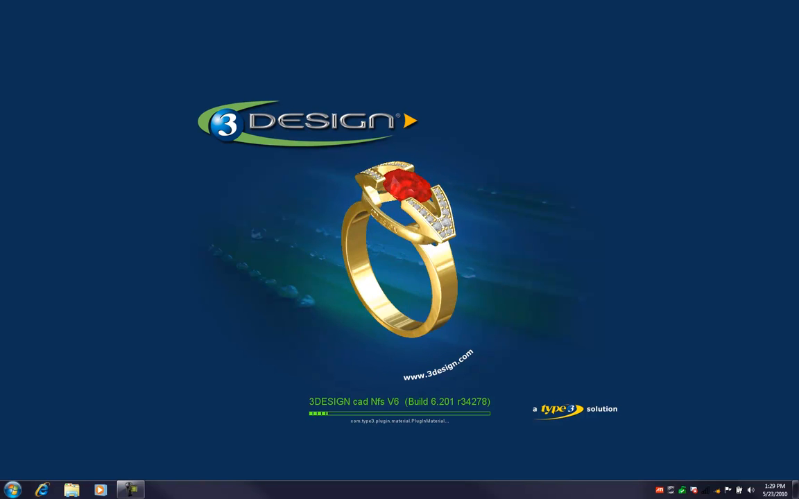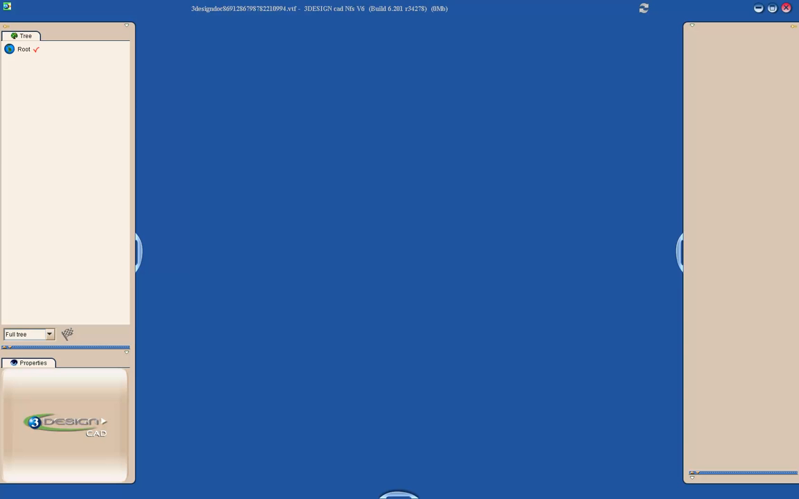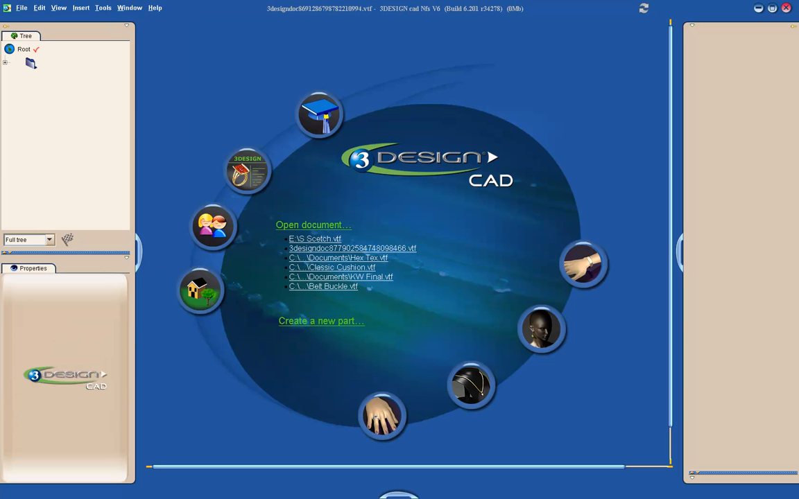Today we're going to make a flower-shaped pendant with an 8mm stone in the middle. We're going to use a lot of different tools that we haven't touched on before, so I'm excited to get this one started. First thing we do is create a new part,